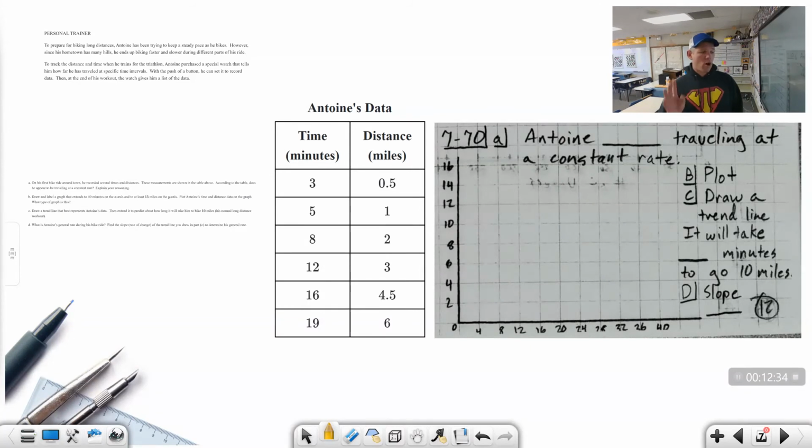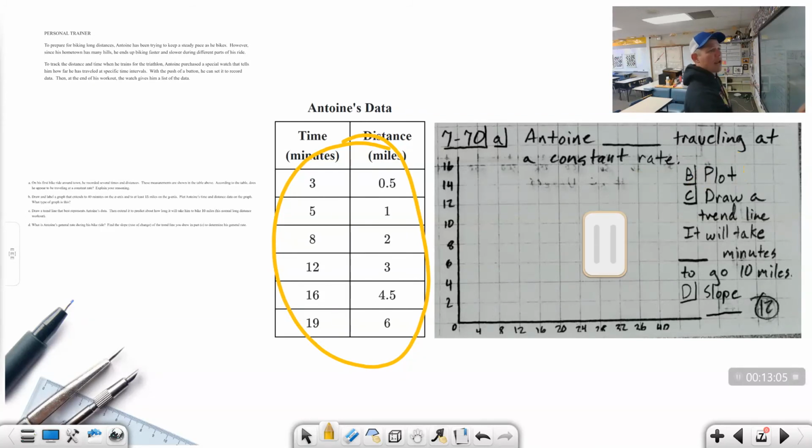Okay, and there are 4 parts. Step 1. I actually want you to plot first. I think it's easier to plot first, but you can go at this to do these 4 problems. Question A. Antoine is or is not traveling at a constant rate. Is or is not. You could look at the table. You could plot and then look at the line, but I need off to the right-hand side, is Antoine traveling